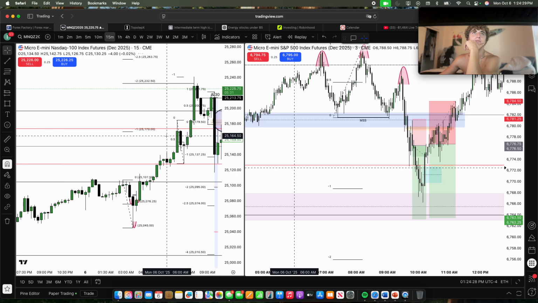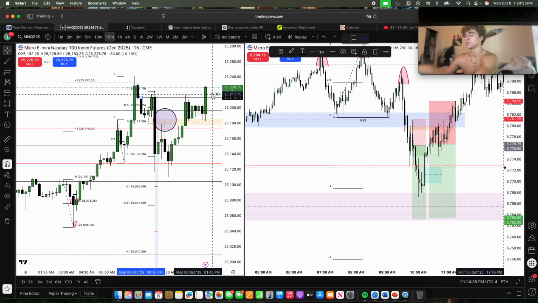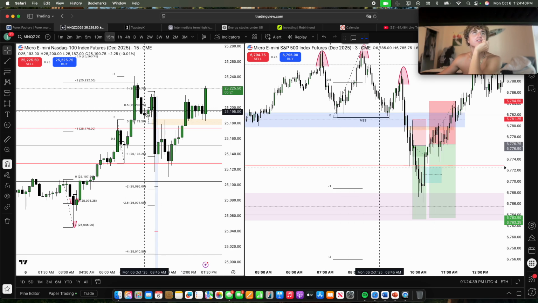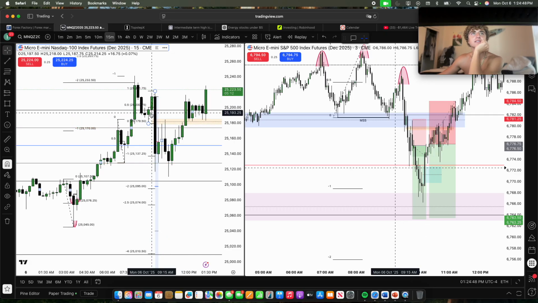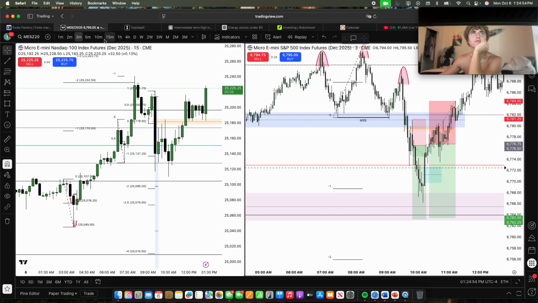On the 15-minute, I want to delete some stuff. I'm going to delete this 830 open. Delete this. Okay. So you can see these two up close candles right here. We have an order block. And price comes up here, it leaves relative equal highs. And I was expecting this order block to come up, get tapped into, sweep these highs to go lower. That's exactly what happened.